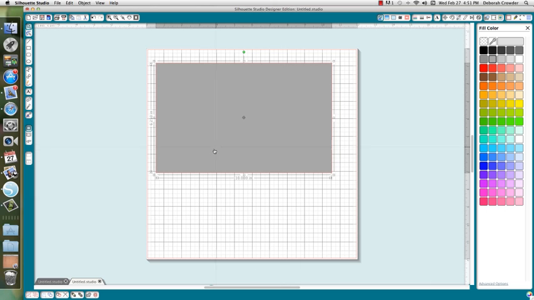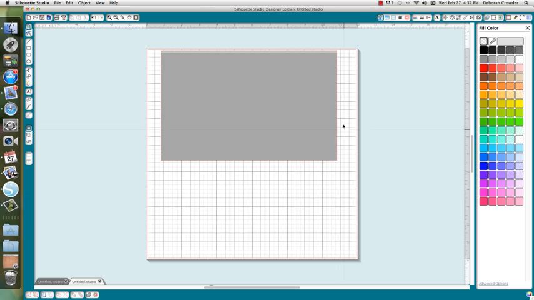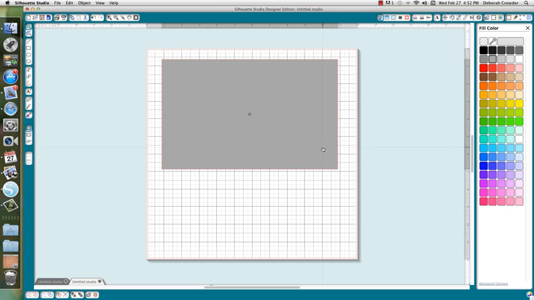Now for me, I wish I could drag this ruler over here to the sides so that it had numbers on the mats. I wish I had numbers here on the mats actually, like the Cricut mat does, so it's easier to know where you're at. So what I do is, since I'm going to start up here, I want to put this on a line that I can actually tell where I'm going to go with this. Actually, I'm going to put it down on here so I can count on this side up 3,